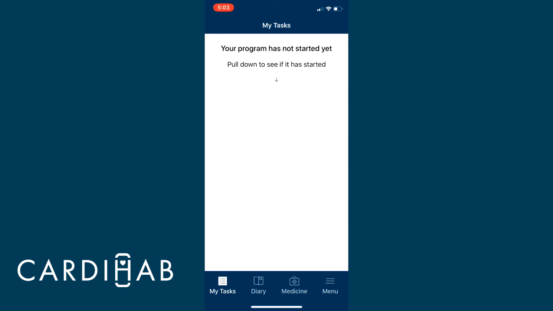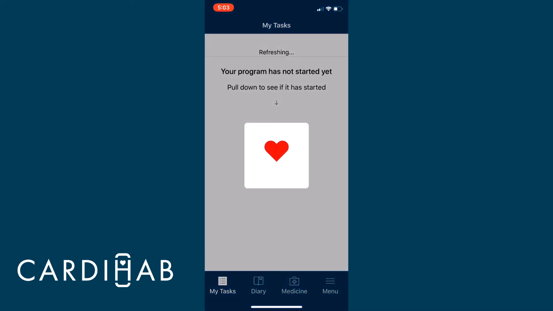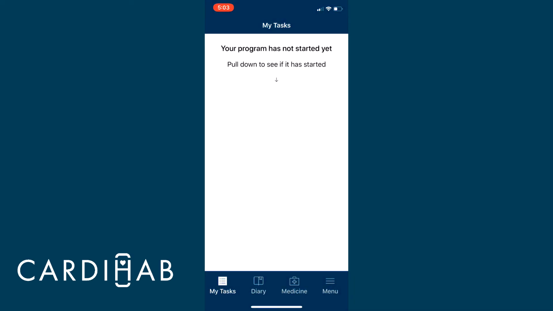Allow up to an hour for CardiHab's nursing staff to complete your assessment before you can use the app. Continue to open the app to see if you can then enter your data, which will indicate you've been assessed